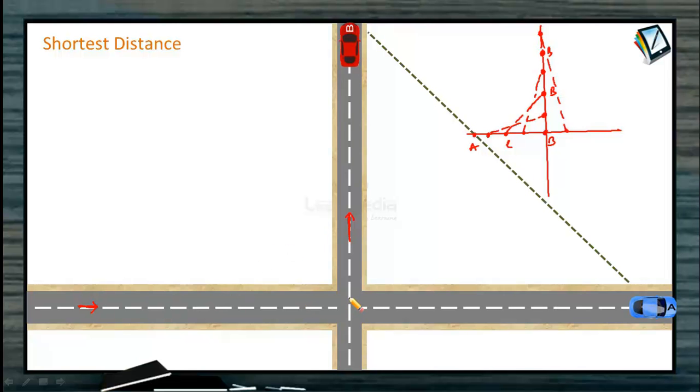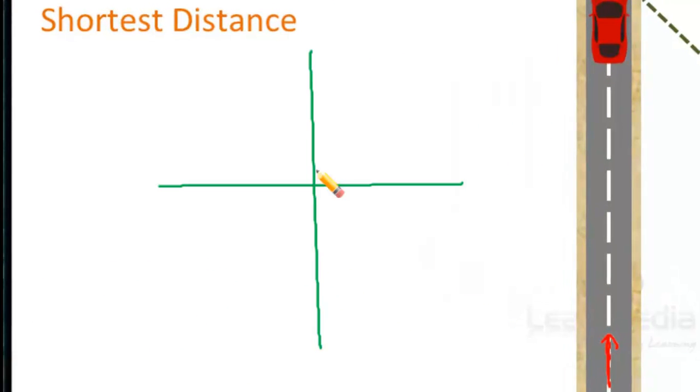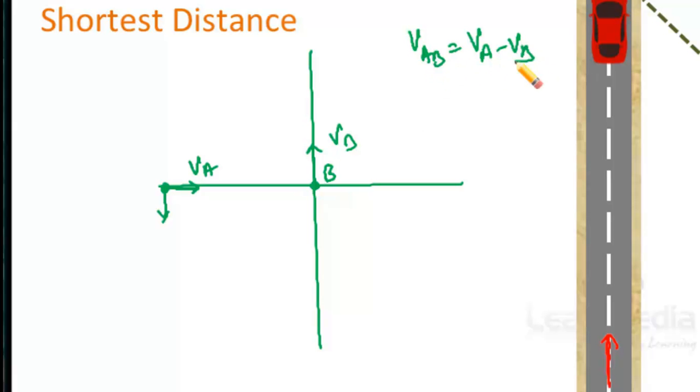When the two cars are moving, it is difficult to analyze. So what we tend to do in such problems is, since car B is moving in this direction, car A is moving in this direction, with velocity VA and velocity VB, one of the cars you bring to rest by calculating the relative velocity of the second car with respect to car B. One of the cars will be at rest, so its speed will be 0. Car B will be at this point. Handling one moving car will be easier. So we will subtract, the velocity of car A with respect to B will be VA minus VB.